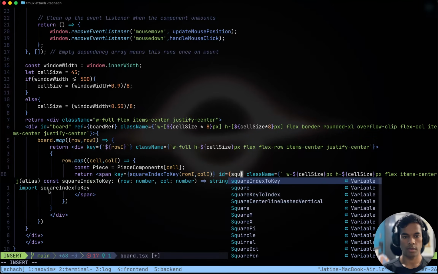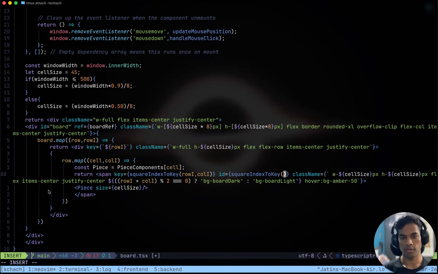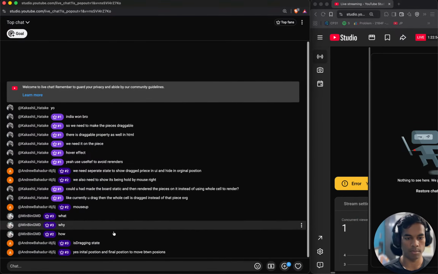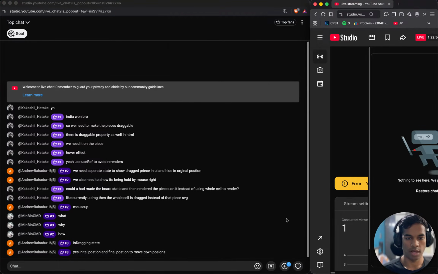Delete. Okay, square index to key row I, column I. That looks good enough. Initial position and final position to move between positions. Initial position and final. Yes, final.